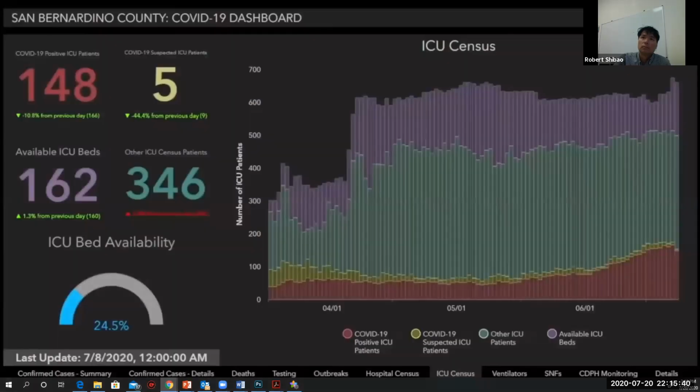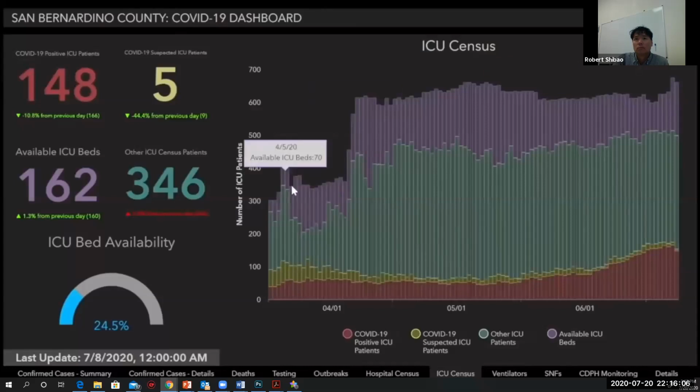I want to show you what we're working with here locally, where I work in San Bernardino County on a regular basis. And you can see here we've got what's going on in the intensive care units across the county of San Bernardino, which is in Southern California. And here we have April 1st, May 1st, June 1st, and we're ending up here with July. I think this last one here is July 8th. That's the one that we have data for. And we can see here what's going on in the intensive care unit.